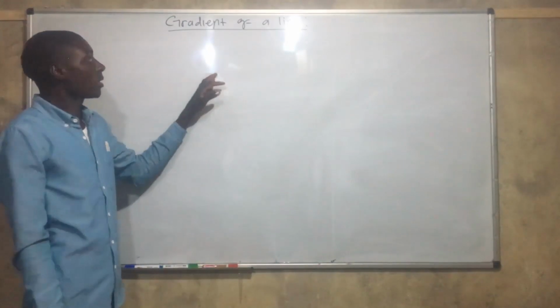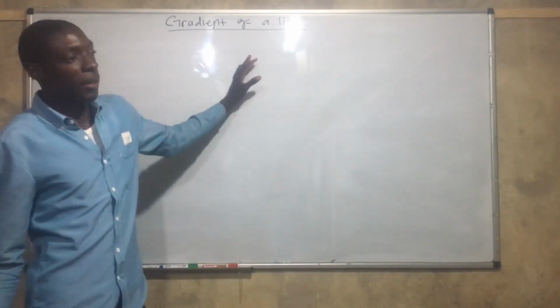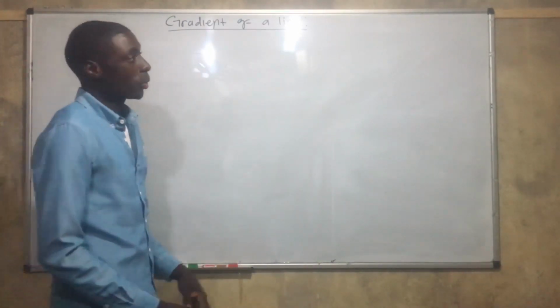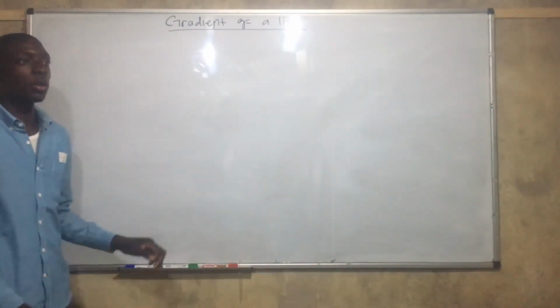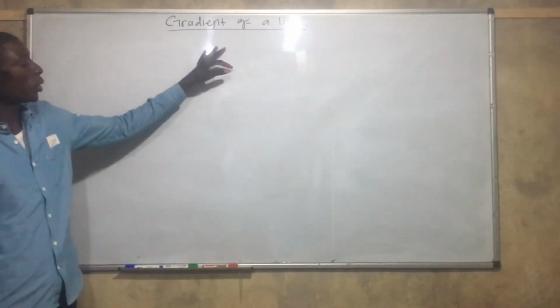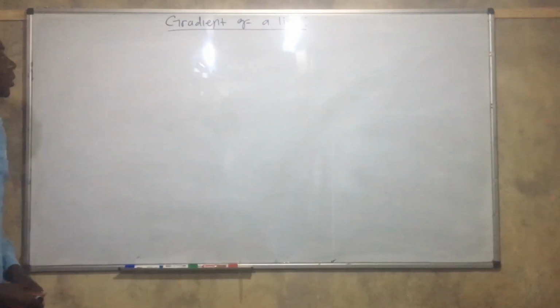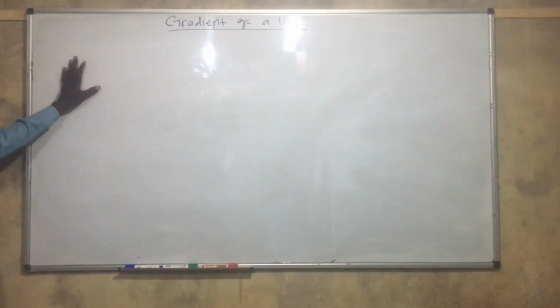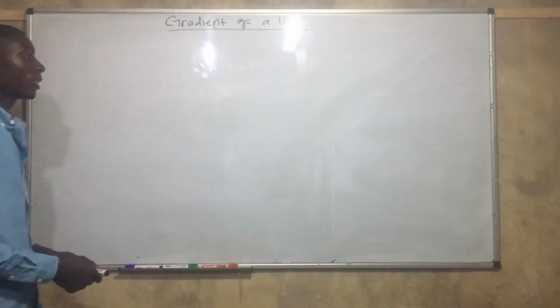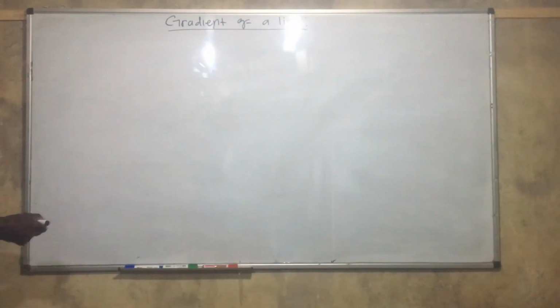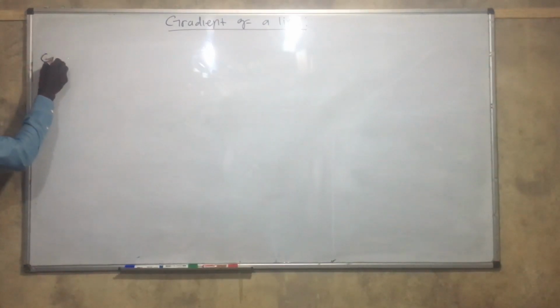Okay, hello guys. Last time we looked at coordinate geometry under distance. Now today we are going to look at the gradient of a line. So before we look at how to find the gradient, first we have to understand the word gradient. What is gradient? In other words, this gradient